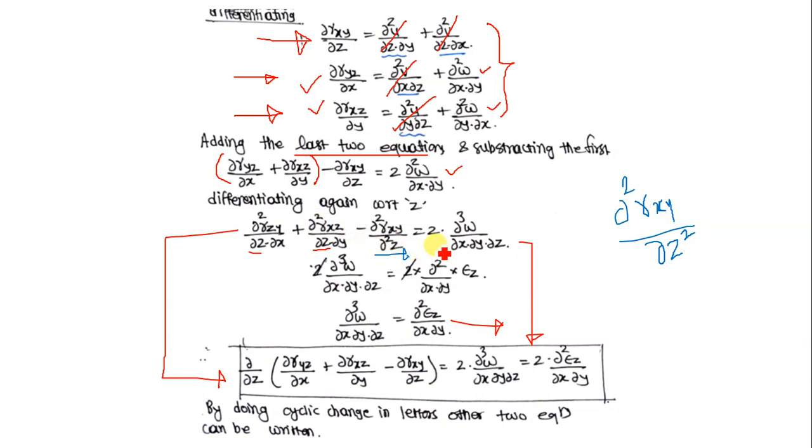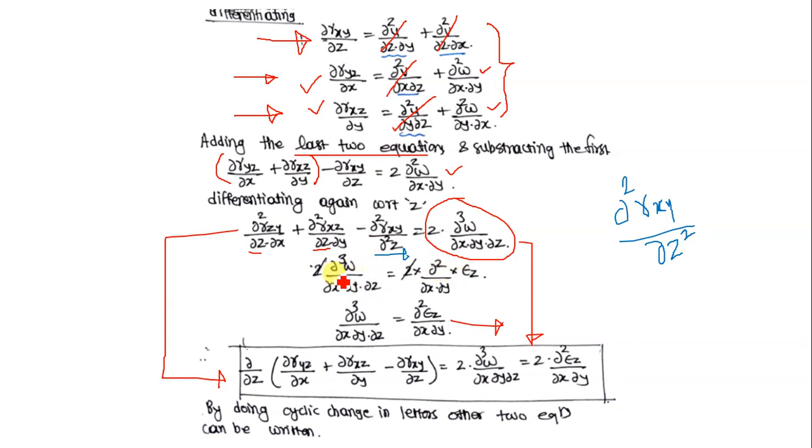The right hand side will be equal to 2 into ∂³w/∂x∂y∂z. Now I am writing this term again to the left hand side: 2 times ∂³w/∂x∂y∂z is equal to 2 times